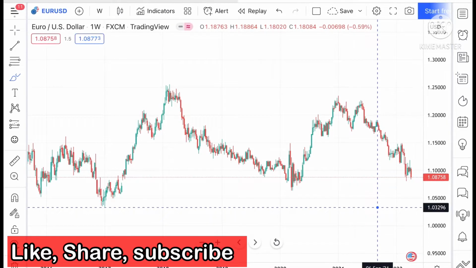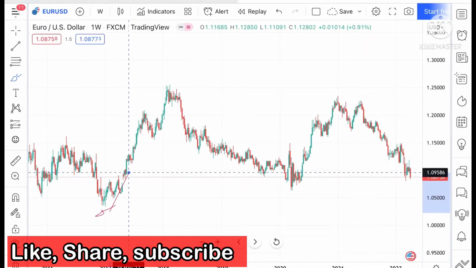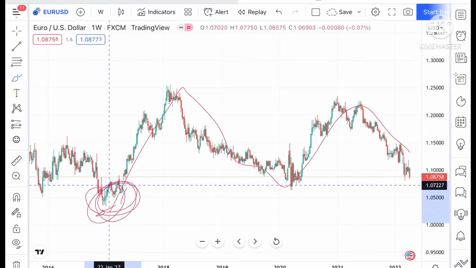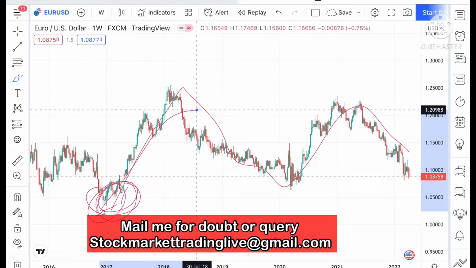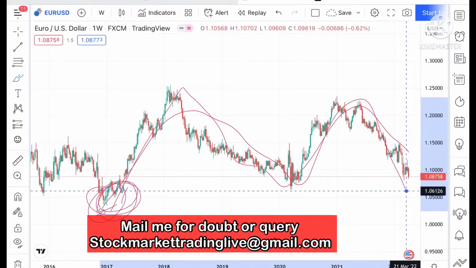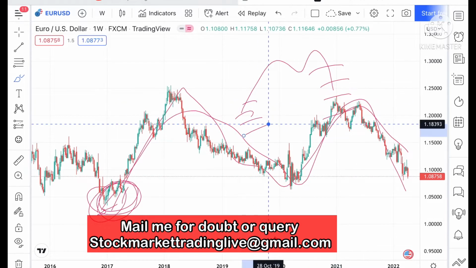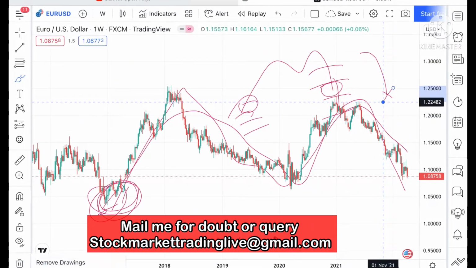Okay, see now if you look at the chart, what we have seen since 2017, we have seen an upside also, we have seen a downside, but this particular low, we have not seen in Euro USD. But what we can see, an M pattern is forming. So what the M pattern says is that if it hits the supports and these supports are only being tested, the probability will be high, we can see a further downside.